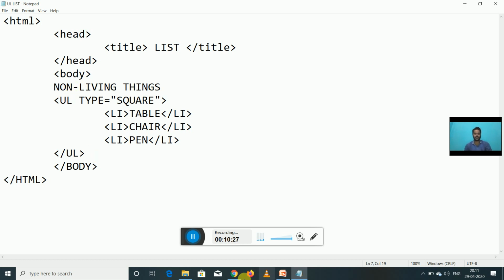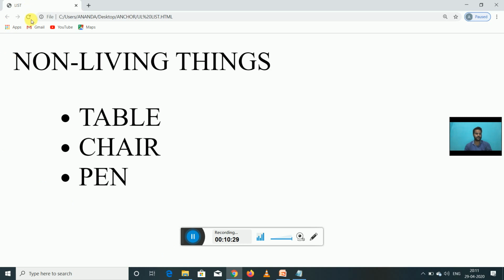Now I will see what happens. I have to refresh it, and this circle bullet is changed into a square bullet. So we can use any different types of bullet option here.